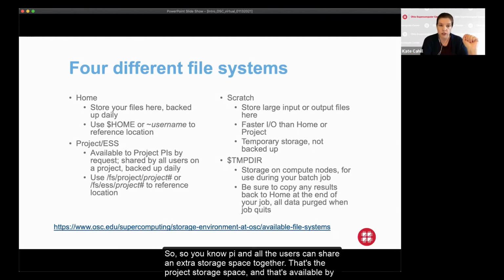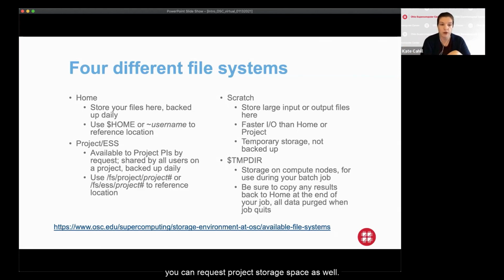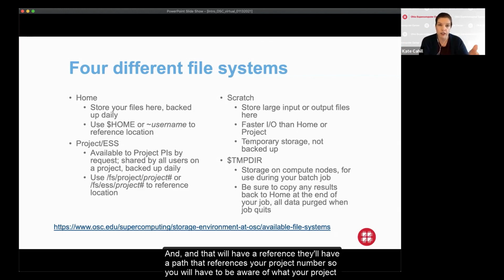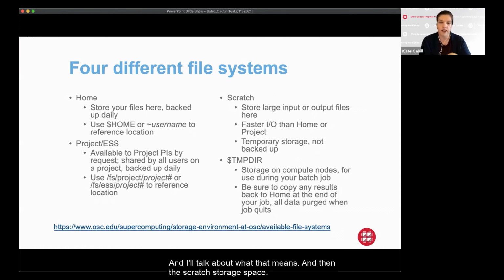That's the project storage space, and it's available by request. So if your project finds that the individual home directory space isn't sufficient for your work, you can request project storage space as well. That will have a path that references your project number. So you will have to be aware of what your project number is, and I'll talk about what that means.